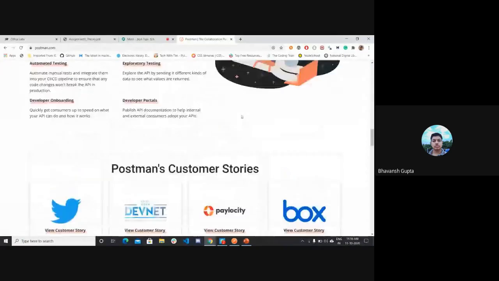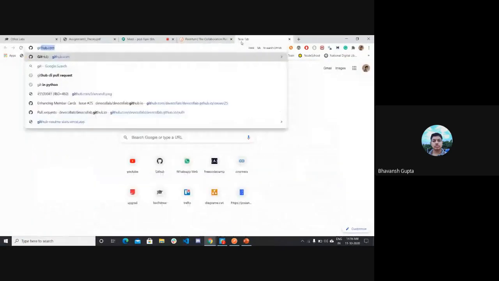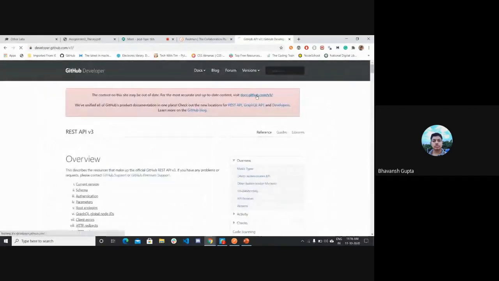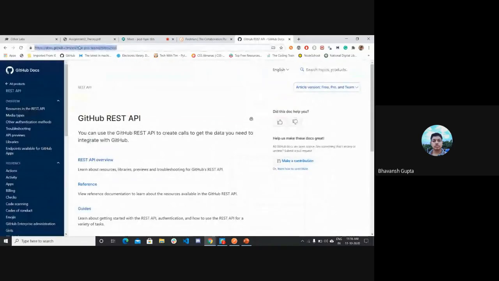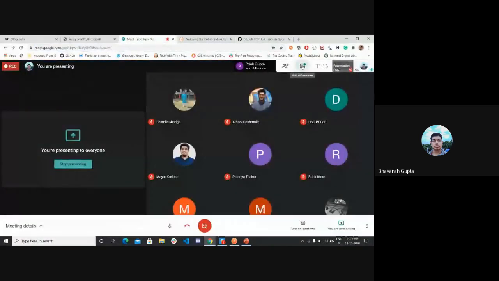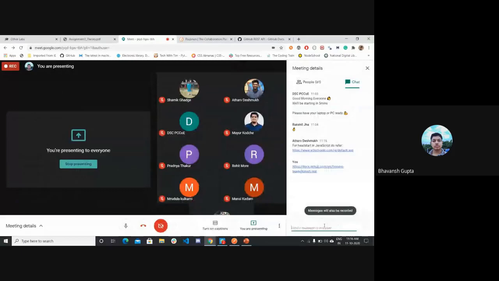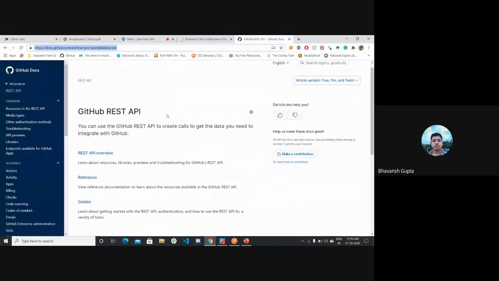What I will be using here for the demo will be the GitHub API. You can go through the link and check it yourself. In the links, you can find the GitHub APIs.